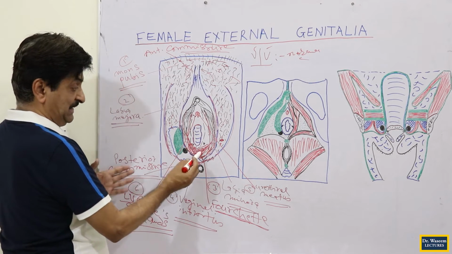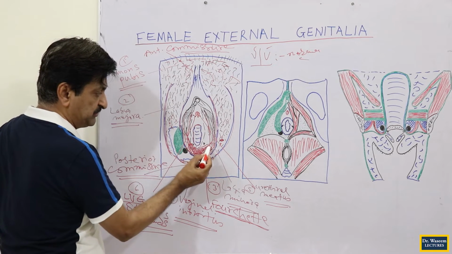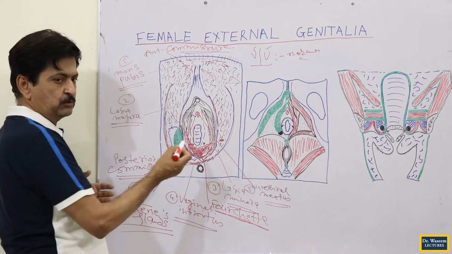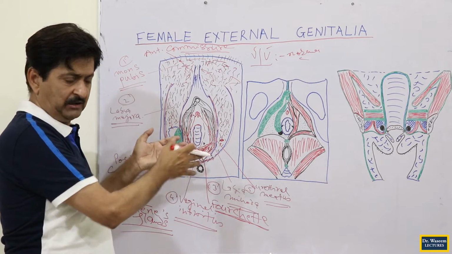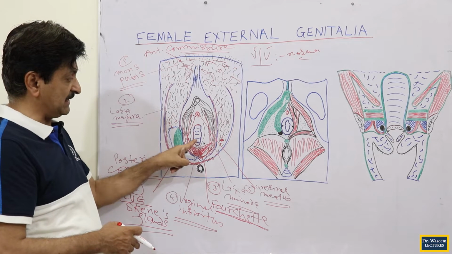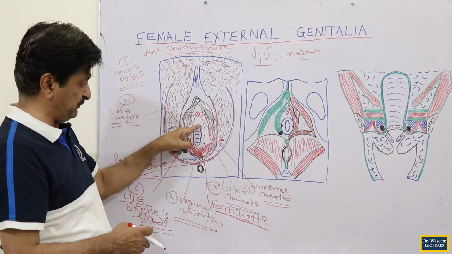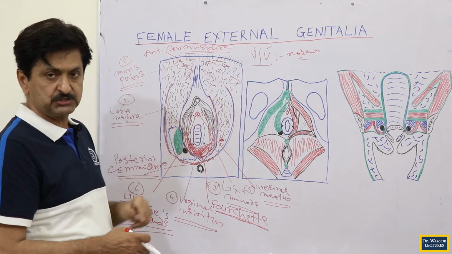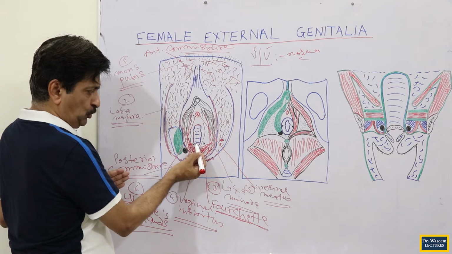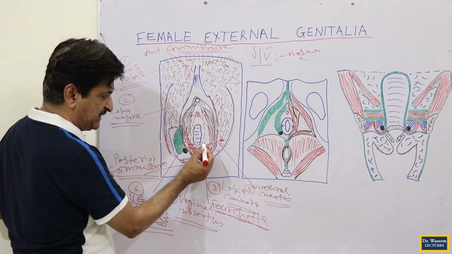This is here, but anteriorly it is different. Anteriorly, the labia minora pass on two sides, and the gap between the labia minora is called the vestibule. In the gap we have found the vaginal introitus, and at the same time the urethral meatus. On two sides of the urethral meatus, between the vagina and the urethra, there are the lesser vestibular glands. And very close to the vaginal introitus on its posterior end,